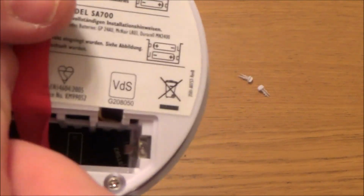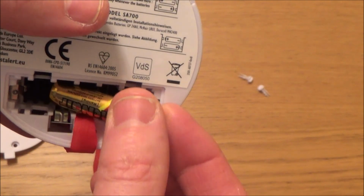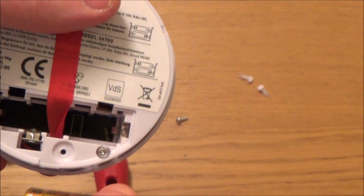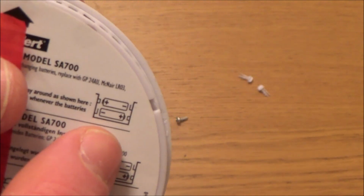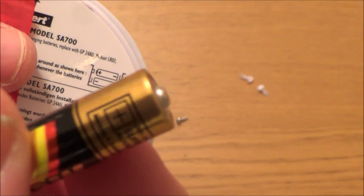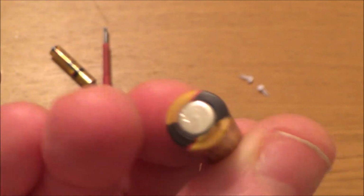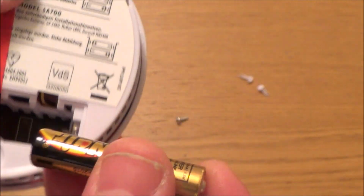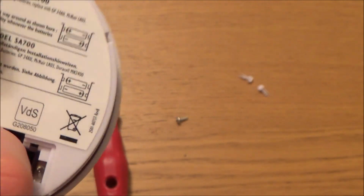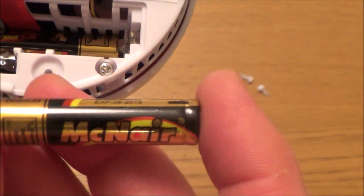So what we need to do is when we put them in, don't put the ribbon like that, because if we drop them in there, they're going to be really hard to get out in the future. So put the ribbon this way so the batteries go on top of the ribbon. Now if we have a look here, it says negative down this side and positive. So if you have a look, this side's the positive on these batteries, and this side is the negative. So we're going to put it in that way and push it right down to the very bottom,